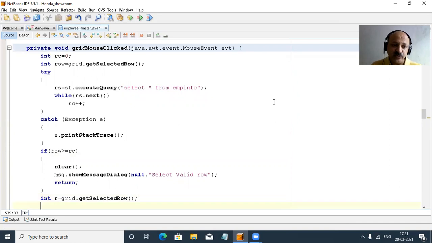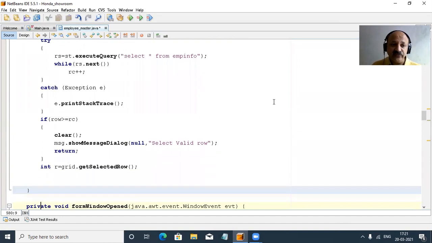Now we can show that the user selected a valid row, and then we take the first column, because based on the first column we can select the record. The user selects a record from the JTable, but we take the record from our original table. So how? Let us take one integer, and I give it the ID, that is EID, GEID, grid ID, G for grid or table.